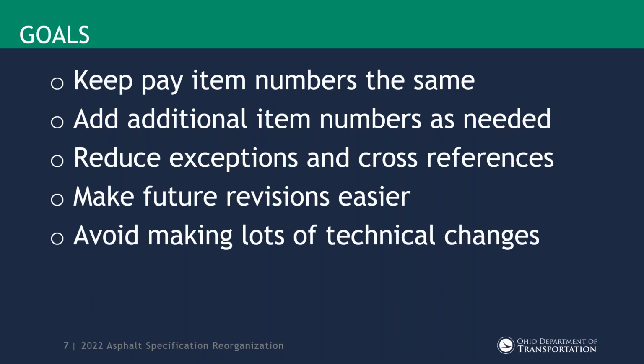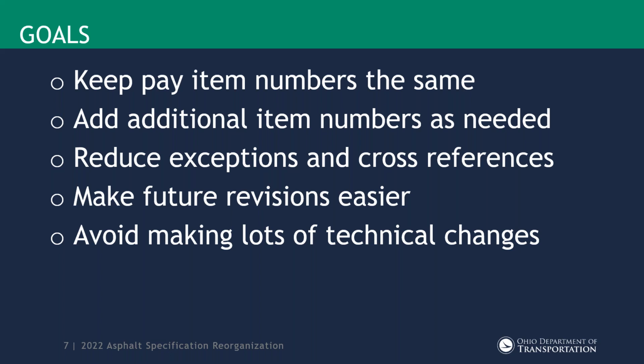We wanted to keep the pay item numbers the same, and we were successful in that, but we did actually change the pay item descriptions. So for some things, the full item extension number is going to have to change. But we didn't, 301 is still 301 and that sort of thing. We didn't want to shuffle any of those around. We didn't restrict ourselves if we needed to add something, and we did add a couple new items.